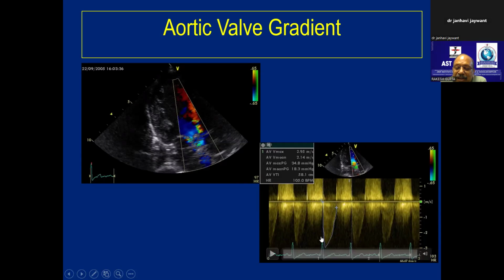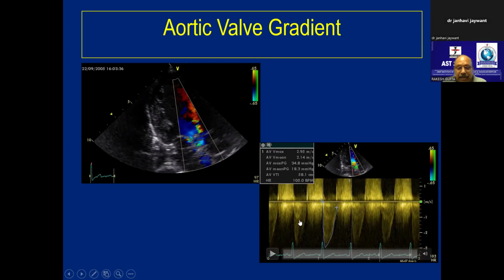Okay, now you got the answer. I'll give you a better answer. Look at this Doppler spectrum pattern over here. Can you see it? Look at this small spectrum pattern seen over here, this one. Can you see this turbulence? There are two Doppler spectrum patterns, one inside the other. One is over here, one is over here.